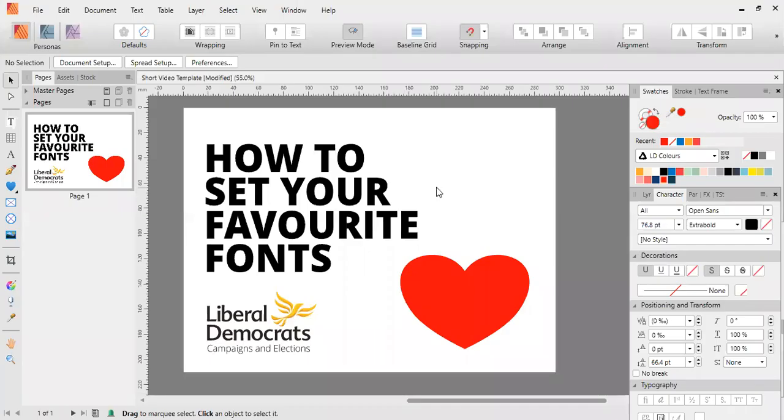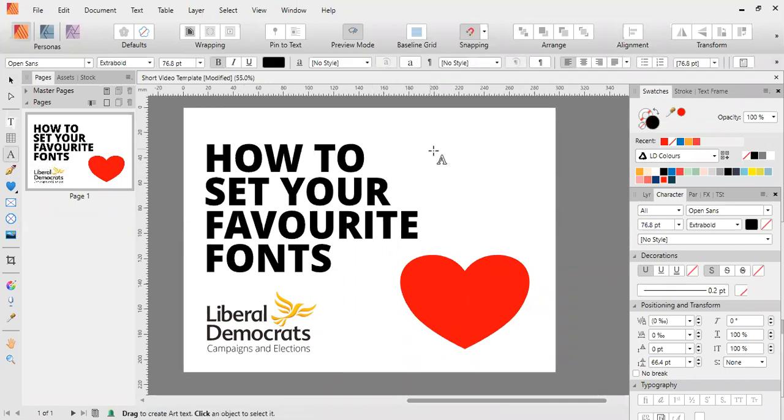A useful time saver in Affinity Publisher when choosing which fonts you're using is to save certain fonts that you use regularly as your favorite fonts. I'm going to show you how to do that here. If I use the artistic text tool for an example and do some text, if I then select that text,